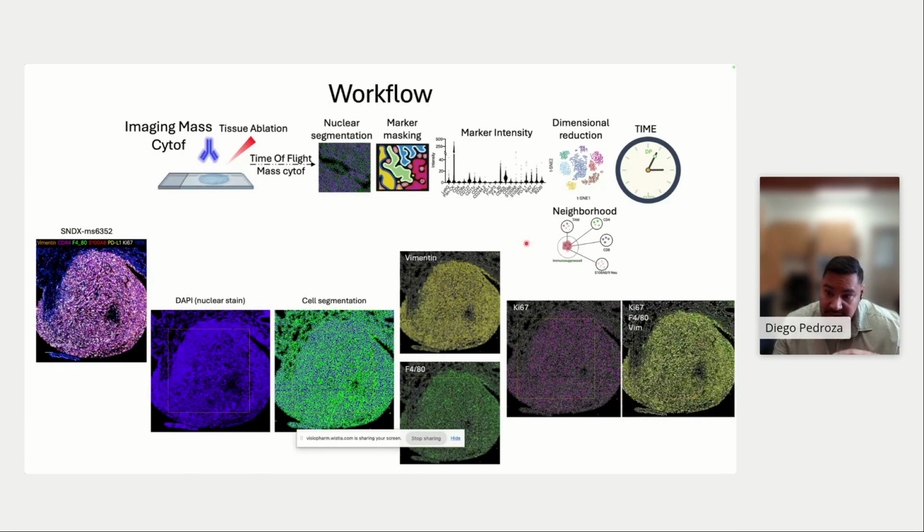And then we can also put them together with cell masking, which I think is really cool. So if you were to zoom in here, you could actually see this is sort of populating with almost like fake colors, if you will, based on the intensity levels here. But it's really cool because it allows you to really hone in on the markers themselves. And then we were, of course, able to do nuclear segmentation, marker masking, like I mentioned. We were able to obtain marker density, dimensional reduction. We were able to do neighborhood analysis. And then overall, we were able to measure what we call the tumor immune microenvironment.